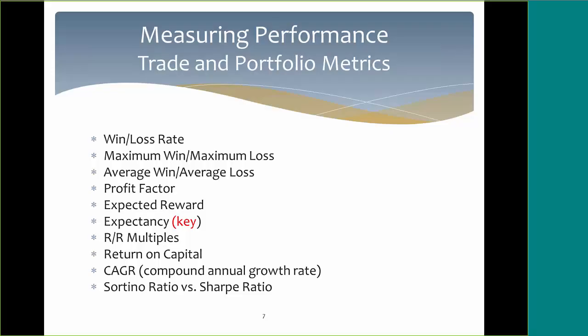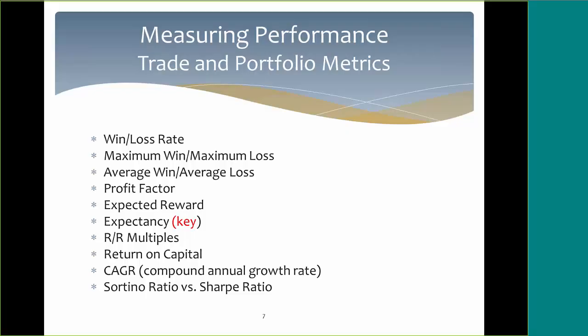So some of the metrics to look at to measure the performance of your system, and these are not in the order of importance. For example, win-loss rate. I view this a little bit like a psychological indicator. It's not the most important one to look at, but it does play a role in the sense that you want to have a system that, well, for example, you could have a system that had a win rate of